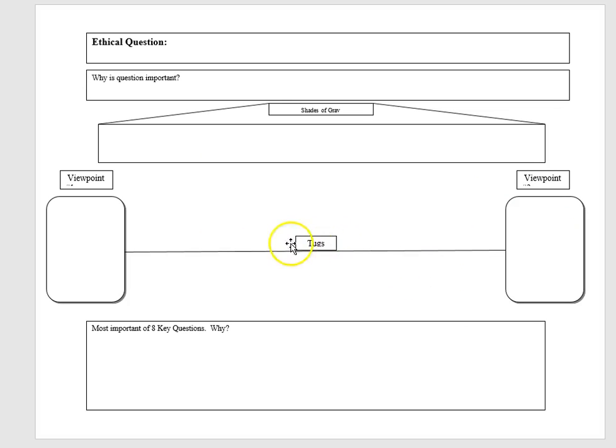The next thing you do, and we'll come back to this tug later, is, we talked about the 8 key questions, which of the 8 key questions do you think is most important to look at for this specific viewpoint? So like we've talked about, not all 8 key questions have to be looked at for every question. So what you're going to do with yours is look at what questions you think are most important. I'll give you one example for this specific issue with growth hormone: